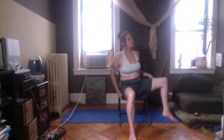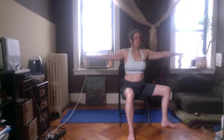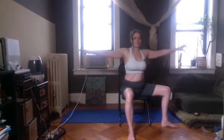Come back to center. We're going to take our right leg and bring it over towards the side. Keep our left leg out in front of us and bring our arms out. So we have our left leg square with the wall in front of us. Our right leg is at a 45-degree angle, or like a 90-degree angle. Sorry, it's pointing over towards the right. All right, so we basically have an L shape. So we're like a half a box here. And you can stay just like this, breathing in and breathing out, or you can take your left leg,